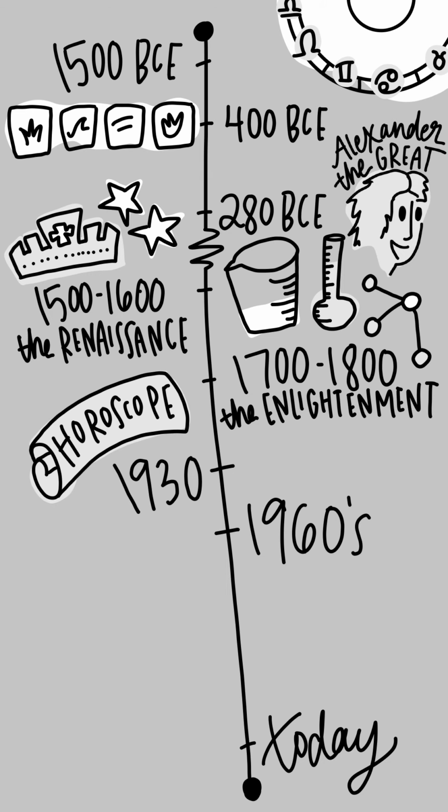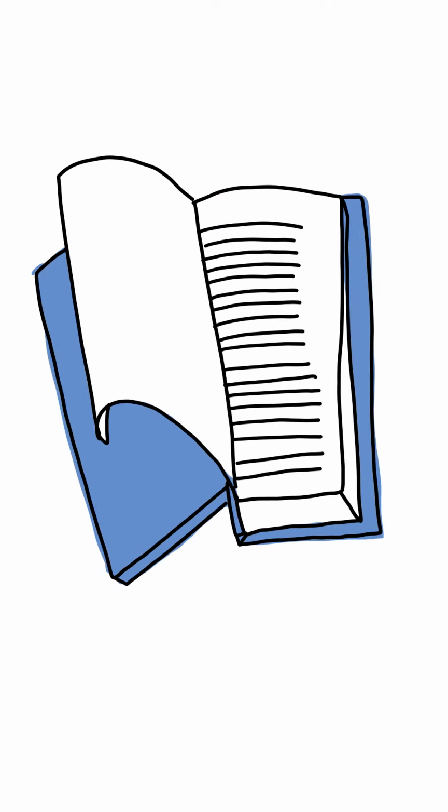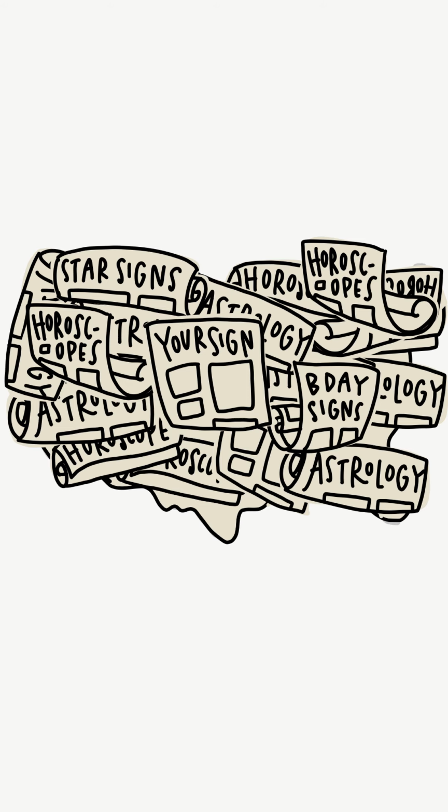Then in the 1960s, there was another huge boom in interest when a book called Sun Signs by Linda Goodman was published. This was the first to connect like romantic compatibility and finance and how employers interact, all based off of zodiac signs. Then there was another boom in 1980 when newspapers created call lines for people to phone in and receive personalized horoscopes,